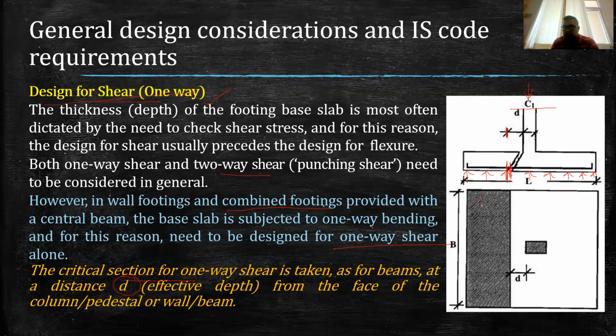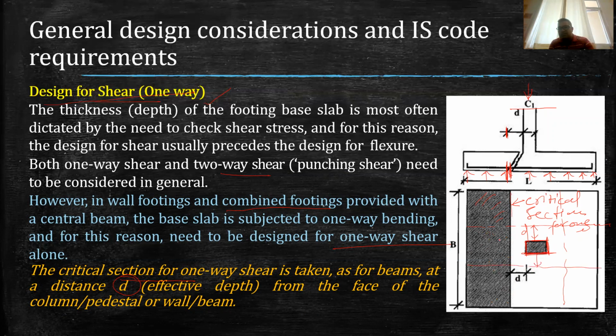Therefore you can see this shaded part can be considered for the shear criteria, and this is known as the critical section for one-way shear. This one-way shear can happen at this location along this face of the column. Similarly, if we consider this face of the column, then the critical section can be along this line, which will again be at distance d. Similarly, for this face, at distance d, this will be the critical section, and likewise for this face.